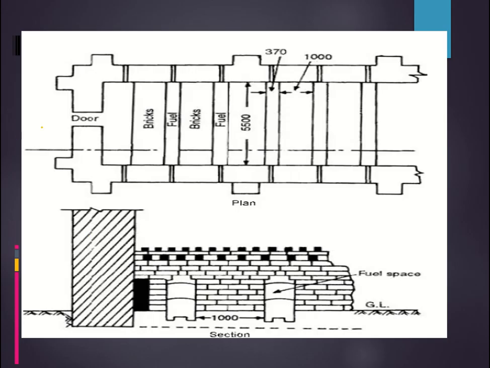So you can see this is the diagram. So you have a door entrance here. So you can see one tier of bricks is placed here. Again in between there is a space to put fuel. Again you have bricks, again you have fuel. So what is happening is near the fuel you have some small passages. Why? Because to ignite the fuel you have given small passages, and even hot gases can escape out through this.